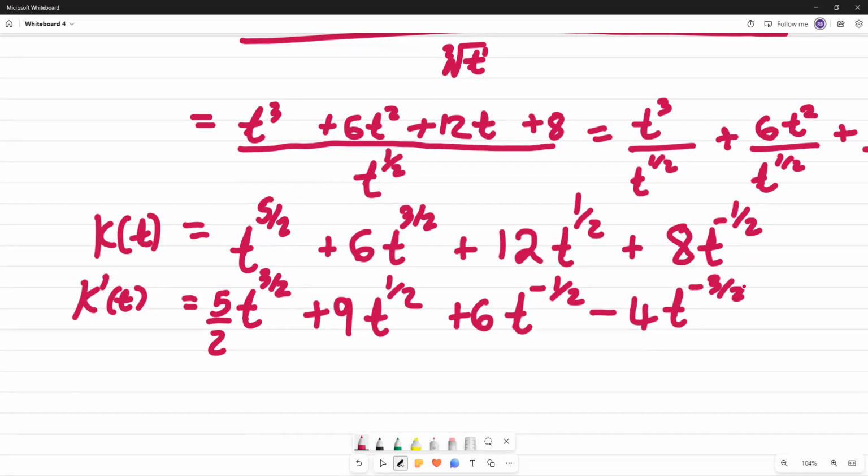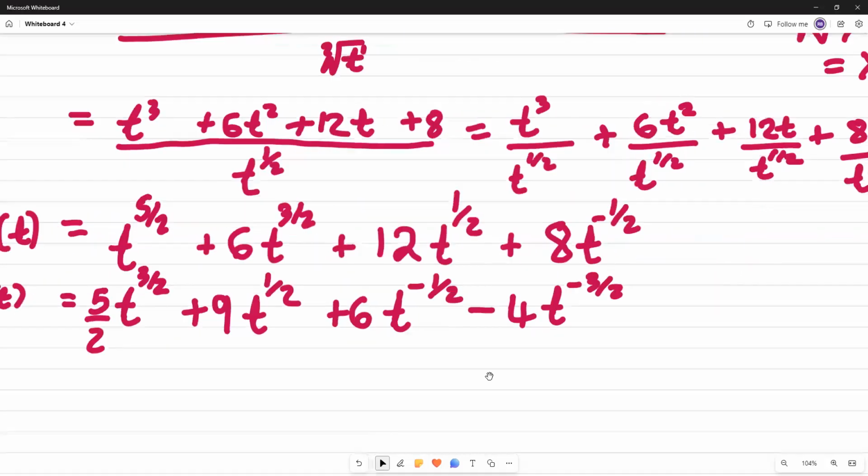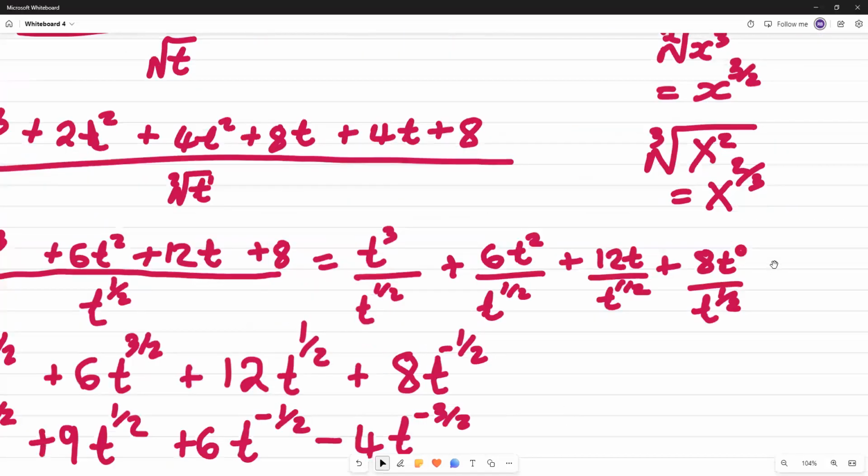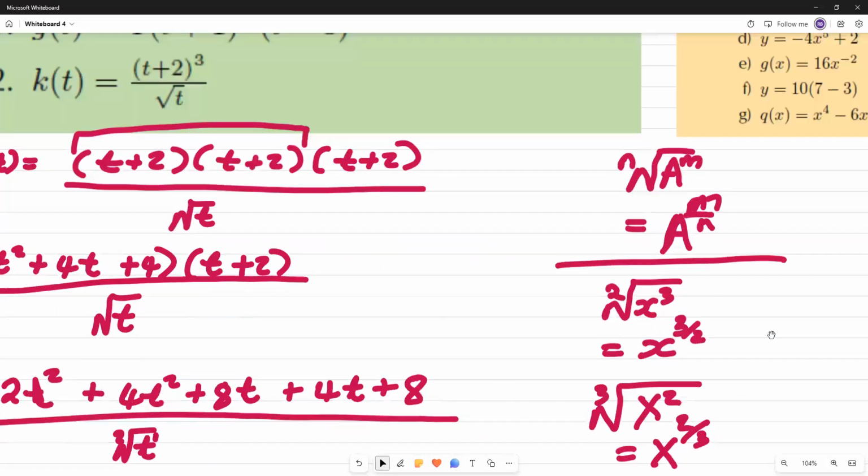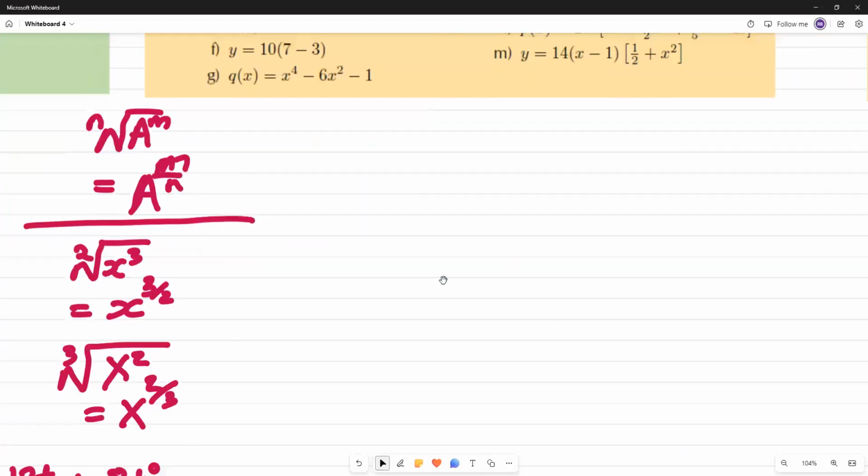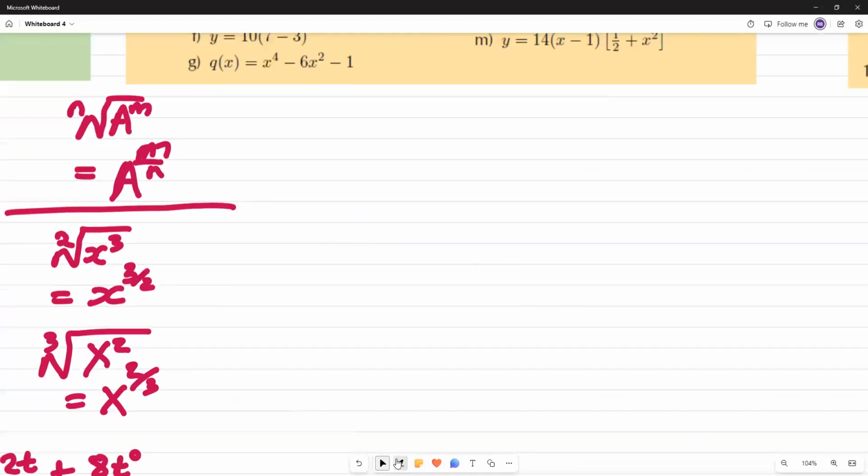Because negative half minus 1 is negative 3 over 2. And that's it about differentiation. There is no need to write your exponent as positive. We'll just always mark it like this, okay? So it should be fine there. Okay. So now that we're done with that, let's dive into the next part of this amazing rule of differentiation,